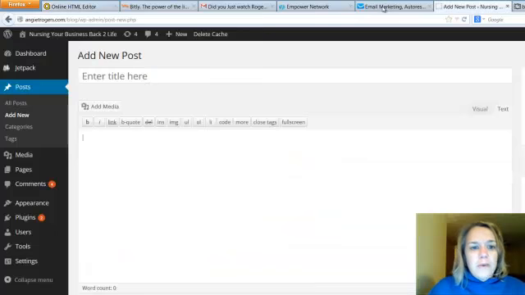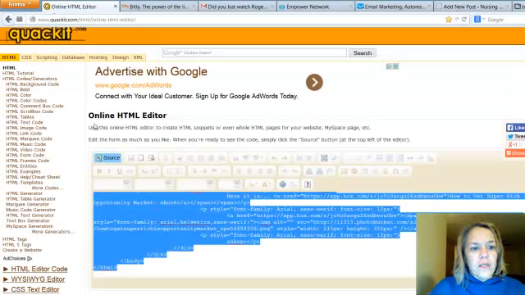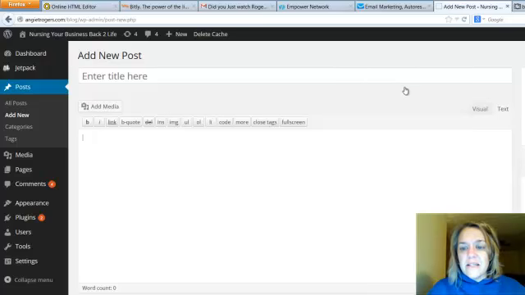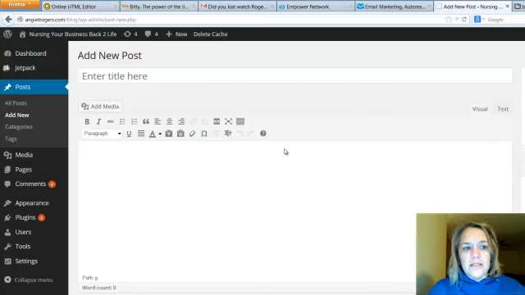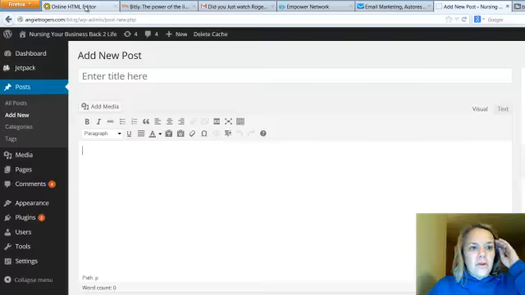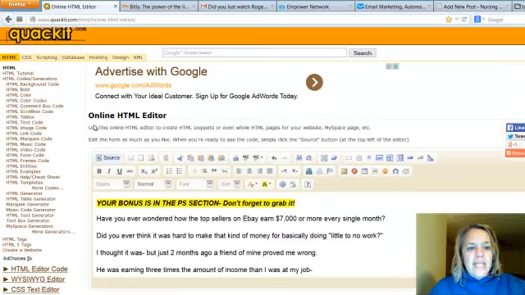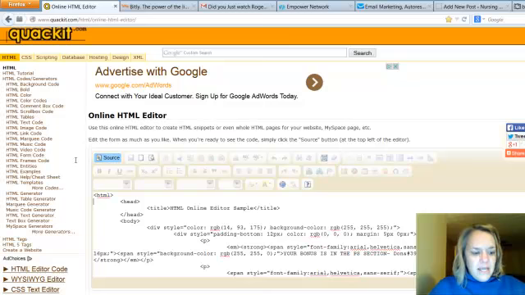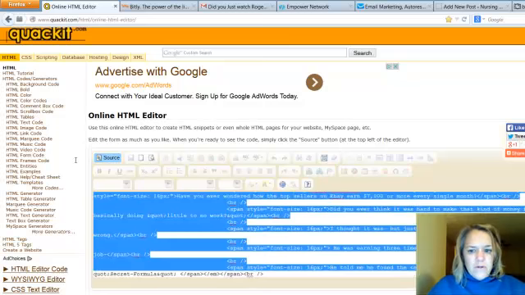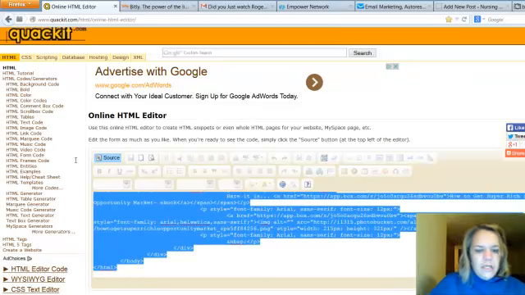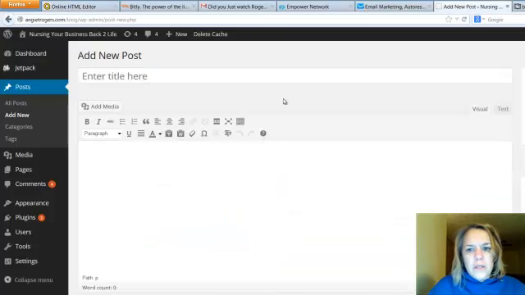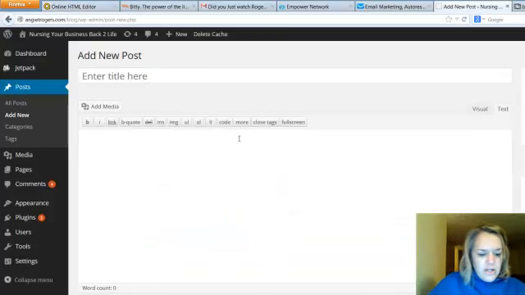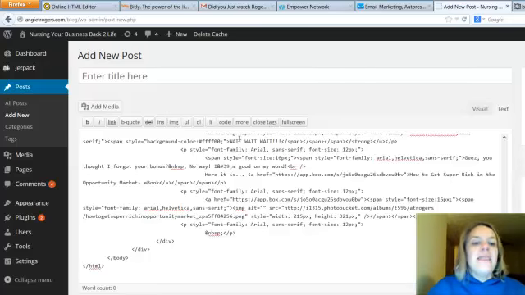So I'm going to go back to my blog post, and what you want to make sure of, if you're using the source portion of it, the HTML coding, is that you are in the text. You don't want to be in the visual, okay? Visual shows you what you will see, kind of like what I just showed you. So that's visual, and this is essentially text. So you want to grab the text version, the source version, copy it, Control-C, go to your blog post. You want to be in the text version here, and you're going to Control-V to paste it in, and then you're going to put your